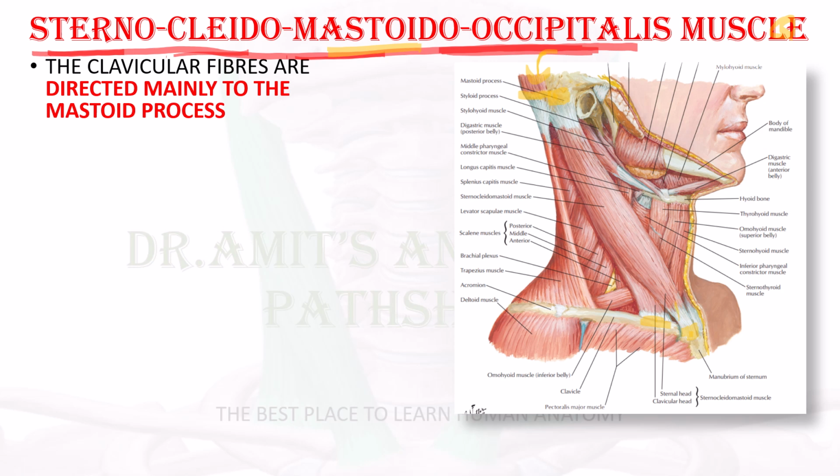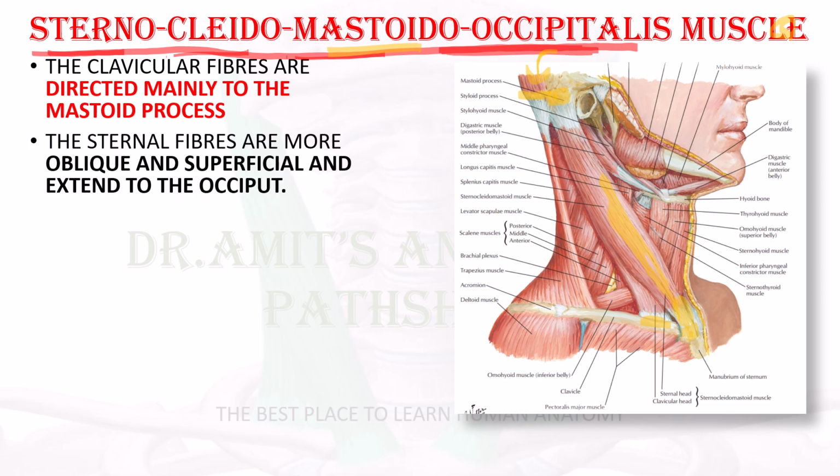Direction of the fibers is upward. There are two types of fibers, clavicular and sternal. Sternal fibers are superficial fibers and they will extend toward the occipital, that is the superior nuchal line. Okay, the sternal fibers will extend toward the occiput, but the